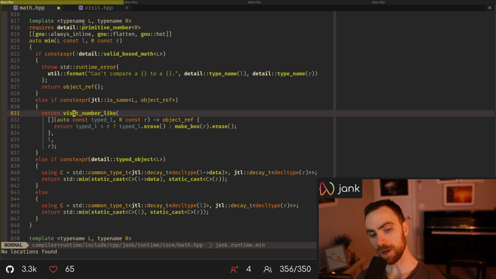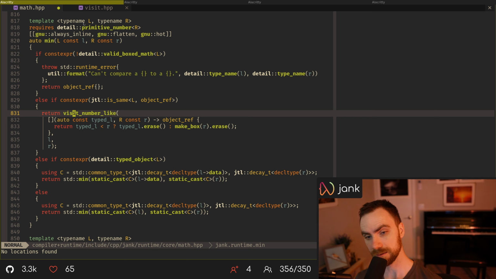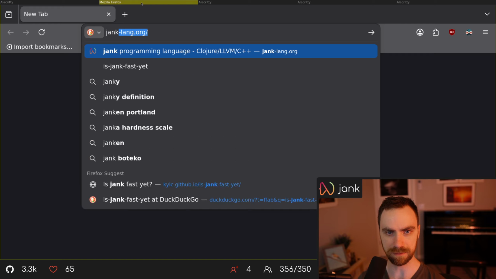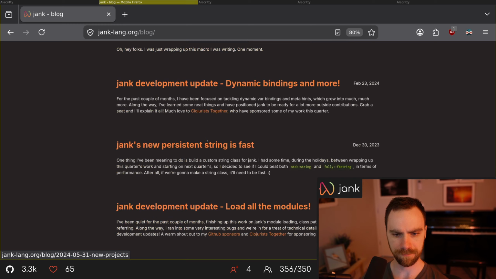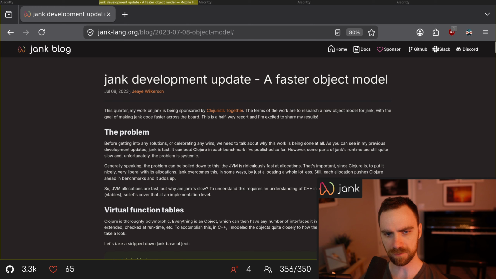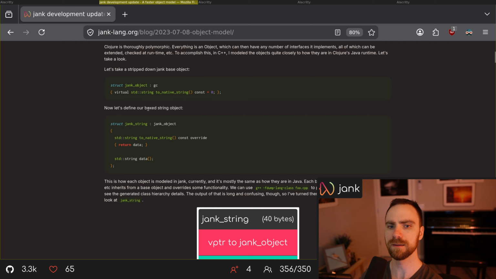And I saw this problem and I wanted to find a way to fix it, but fixing it in C++ is quite difficult because this was a problem I had early on, and I wrote a blog post about this. So we had the Jank lang blog, and the faster object model post. So this was, back in 2023, I was already looking into this where